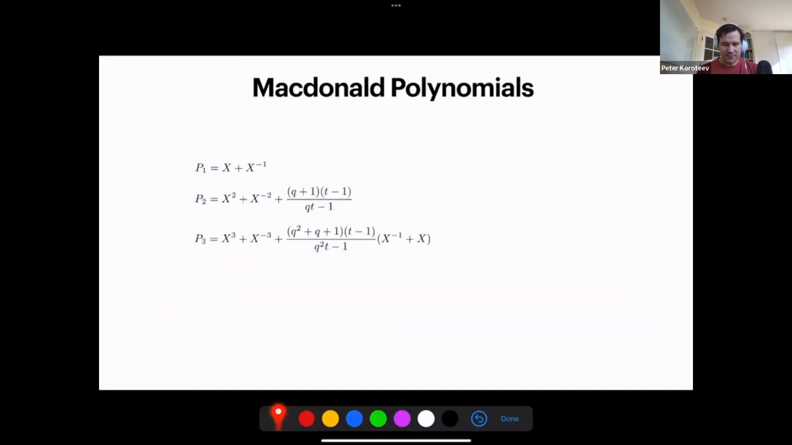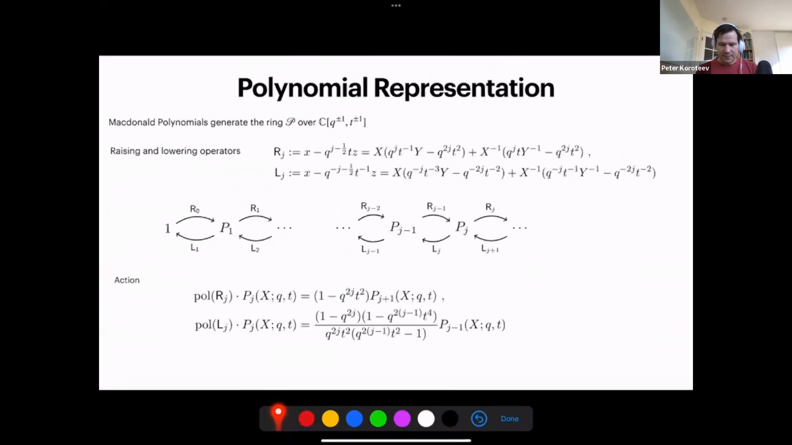Some examples here. So P1 is just this, P2 is this one, and so on. I think this normalization is slightly different from Ian Macdonald's book, but it doesn't matter. Okay, now how do we describe this representation in more detail? In fact you can show, it's kind of obvious, that the ring